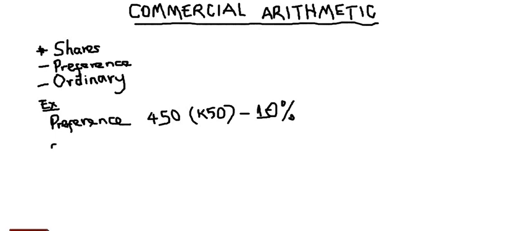Then the company also has 700 ordinary shares, each of which is valued at 10 kwacha. All right. So at the end of 6 months, the company has declared a profit of